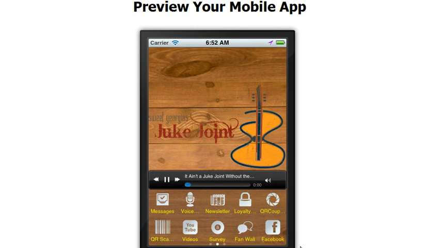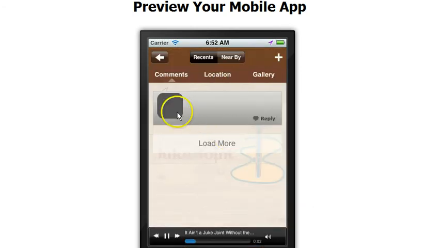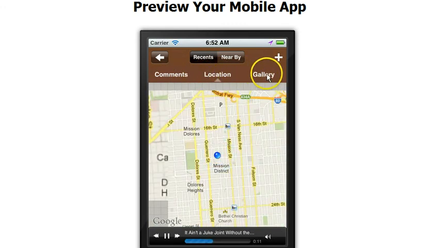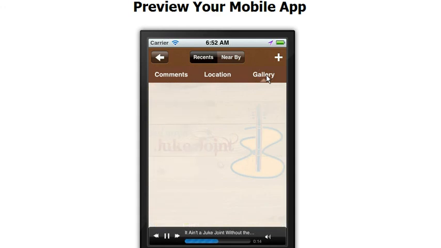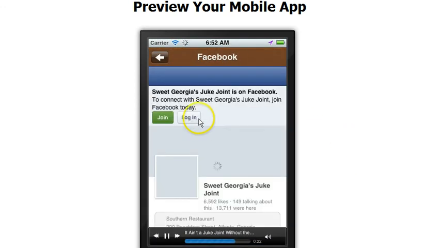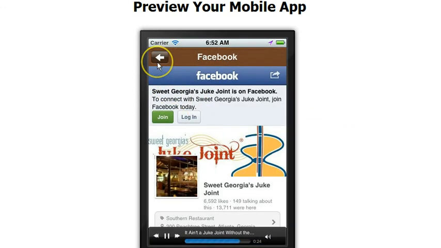Fan wall. This is where your customers and prospects can post on the fan wall. They can leave testimonies. You got location there. Okay, you got your gallery there, which will be more pictures. Powerful. Of course, you got Facebook, right? And they can take a picture of the meal and send it to